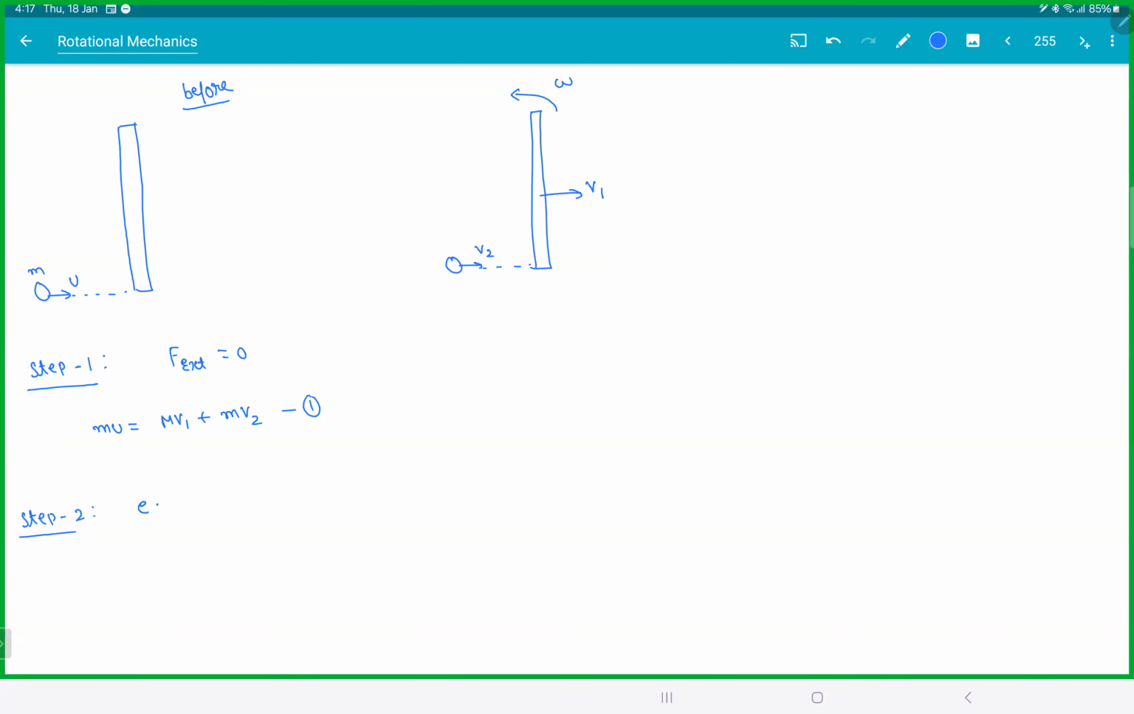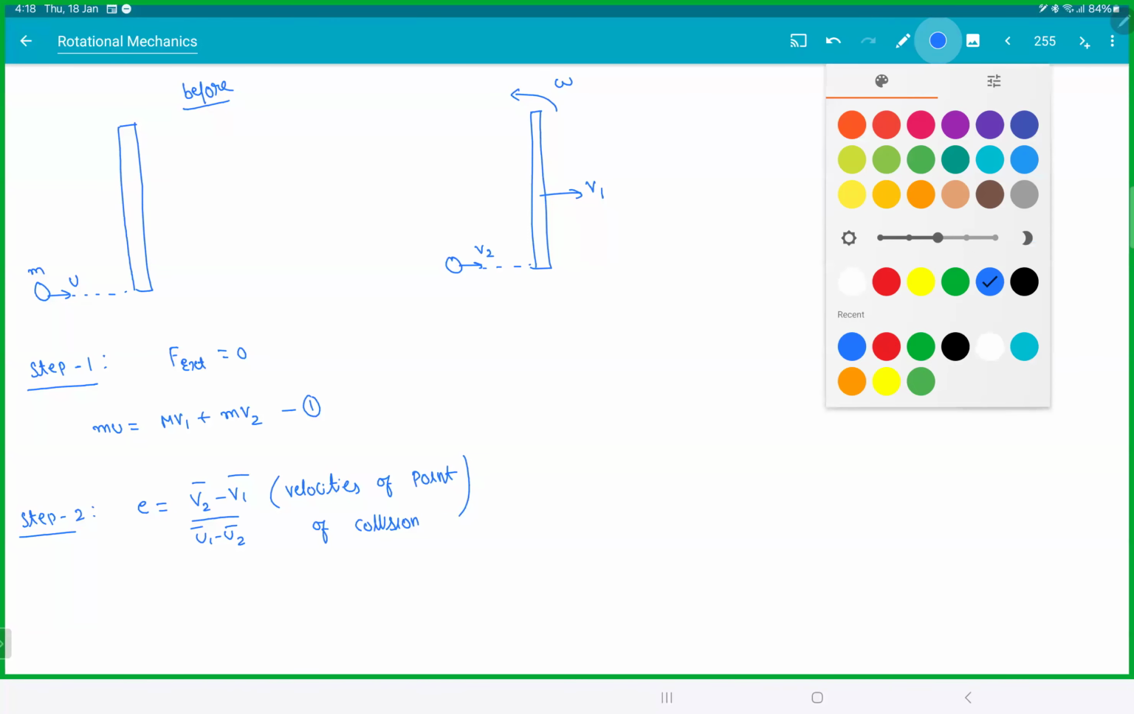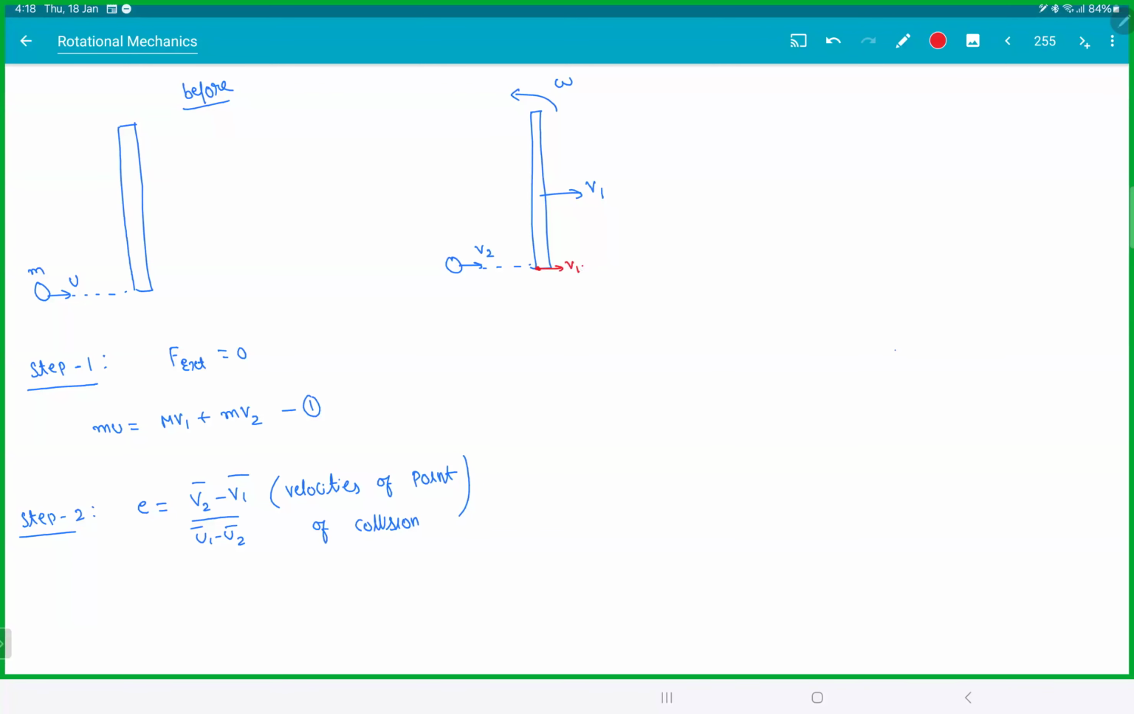coefficient of restitution. Now listen, this is important. v2 minus v1 by, when you write u1 minus u2, these are velocities of point of collision. These are velocities of the center of mass. This v1, v2 are the velocities of the point of collision. That means when it is colliding here, this point's velocity is v1 plus L omega by 2. So when you write the restitution equation, this is how it looks. v2 minus v1's place should take the rod's velocity at the point of collision, which is v1 plus L omega by 2 by